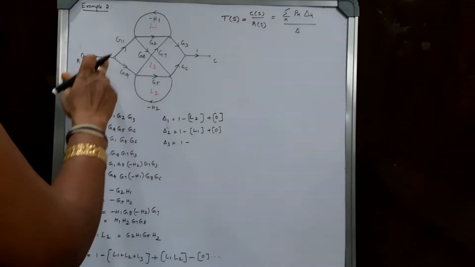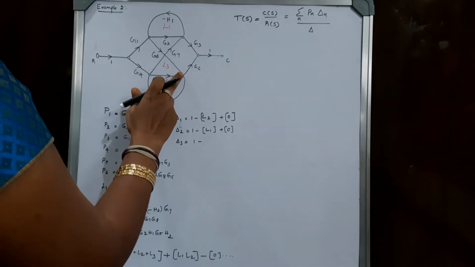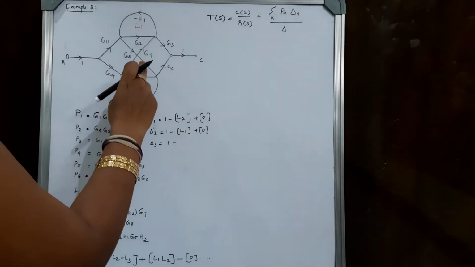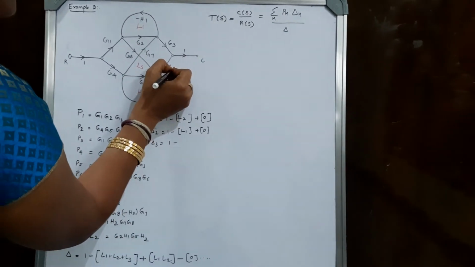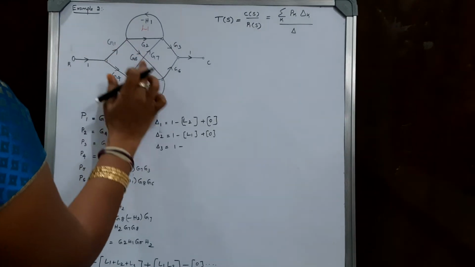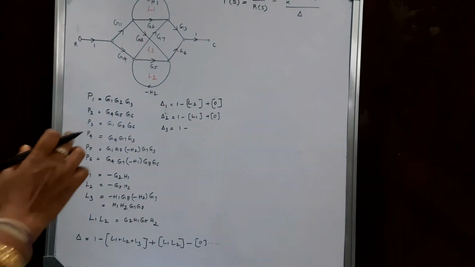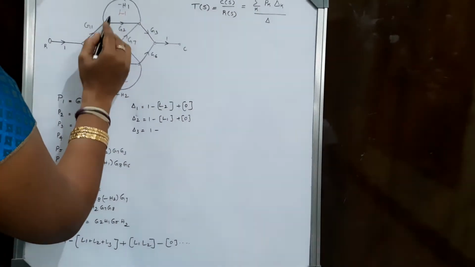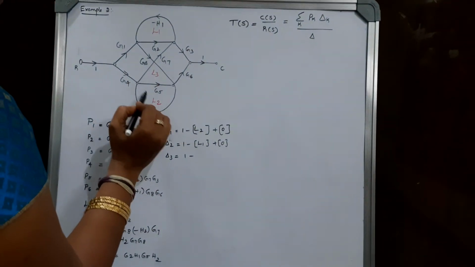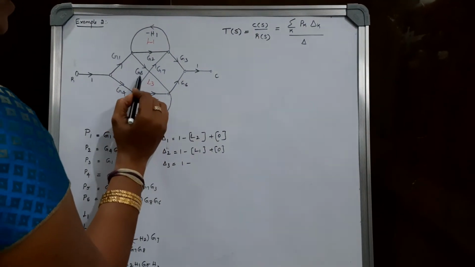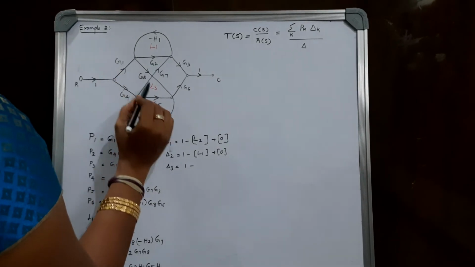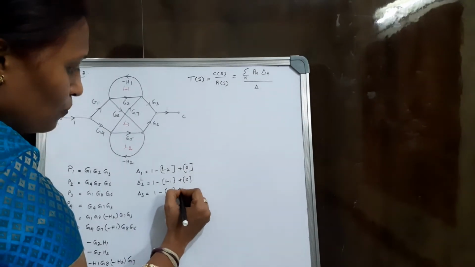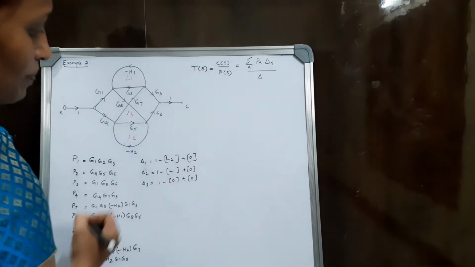Then delta 3 I am going to take, that is 1 minus of, delta 3 is G1, G8, sorry, it's not G4, it's G6, G1, G8, G6. This is the third path which we have considered. For this path, if you see here, L1 is touching at this point. Obviously, L2 is touching at this point and L3 are touching here at this point as well as at this point. So hence, we don't have a combination of loops or non-touching loop combination,